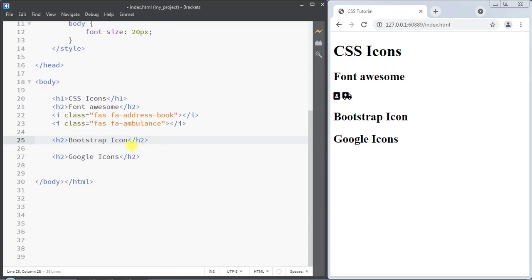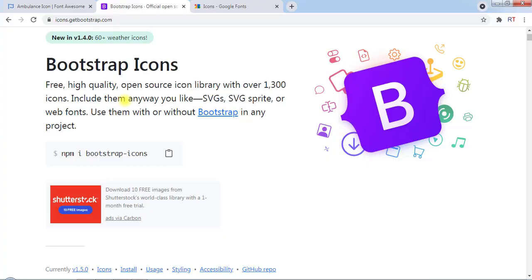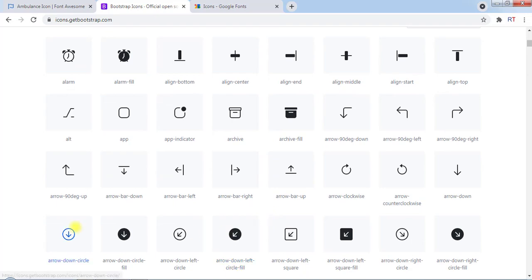And next we're going to talk about the Bootstrap icons. So first of all, we have to put the Bootstrap CDN, or content delivery network URL, in the head section. Then we have to go to the site called icons.getbootstrap.com. Here you can see in the icon section we have lots of icons, so we can choose any icon of our choice,